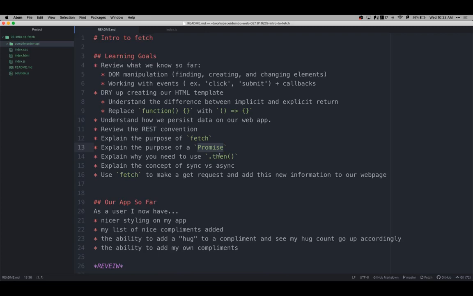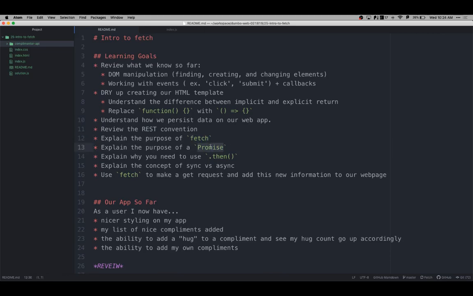Now, synchronous code is what you've been doing since day one. Everything you've done in Ruby, your paradigm has been synchronous code, right? Just wait, then do the next thing, then do the next thing. Now we're adding a new paradigm, which is asynchronous coding, okay? So how asynchronous code works in JavaScript, the technologies we're going to be using, first is fetch,